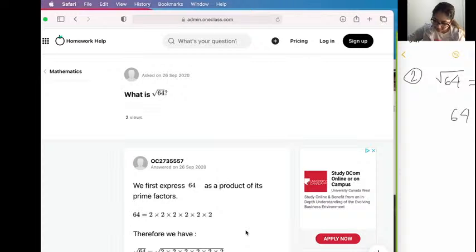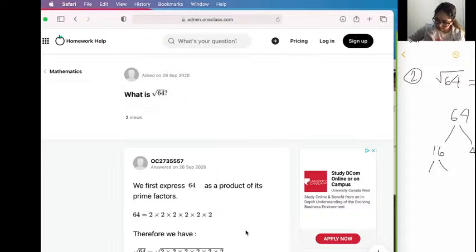Put 64 here and find the common multiples of 64. The highest would be 16 times 4,